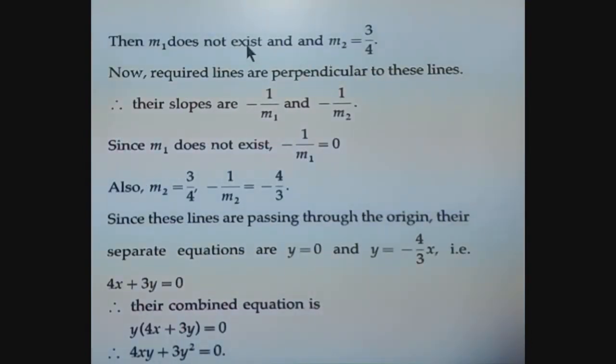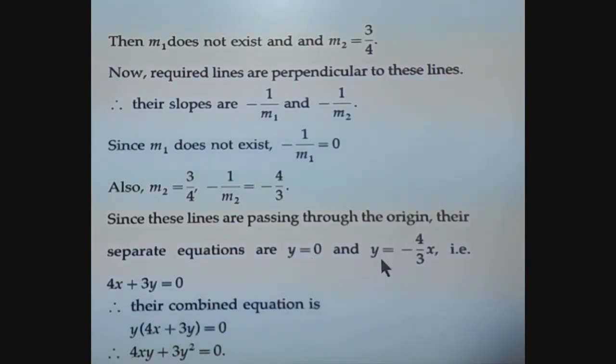Then m1 does not exist and m2 equals 3 by 4. From this we calculate these two slopes. First slope is 0, second slope is minus 4 by 3. Now we know that slope is 0 when the line is on the x-axis. Since these are lines passing through the origin, their separate equations are y equals 0, because that is the equation of the x-axis,